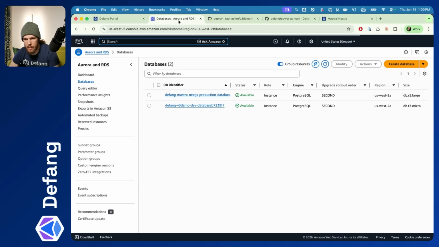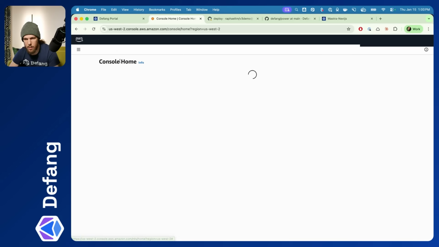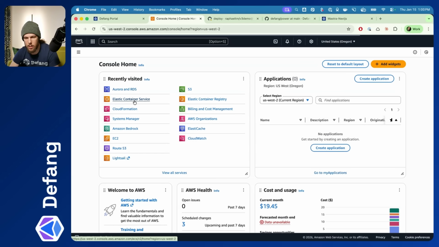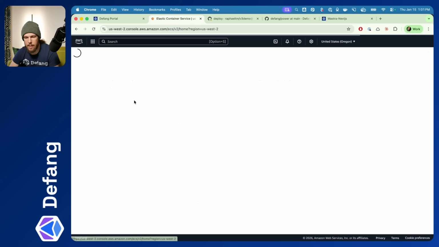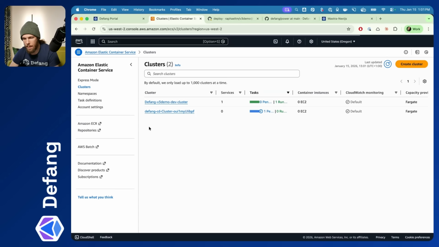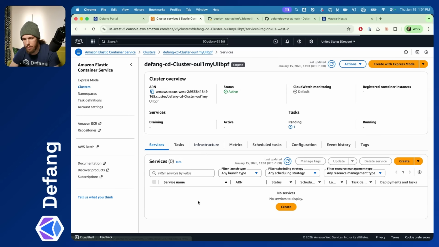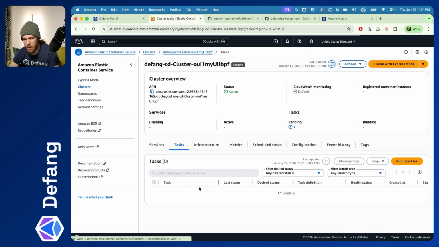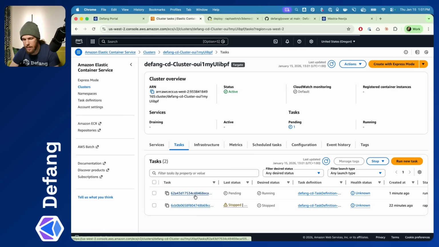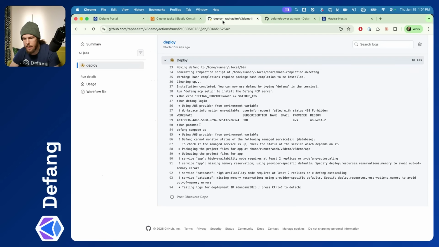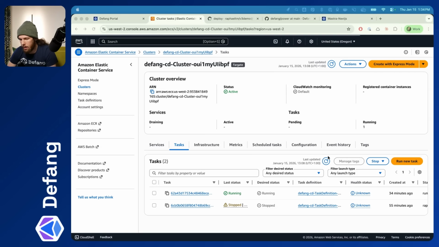Back in AWS, let's go to our home page, click on ECS, and we'll see that we have a new CI/CD task about to run. So we'll check in on that in a little while. But we should see it all deploy through here in GitHub Actions. All right,